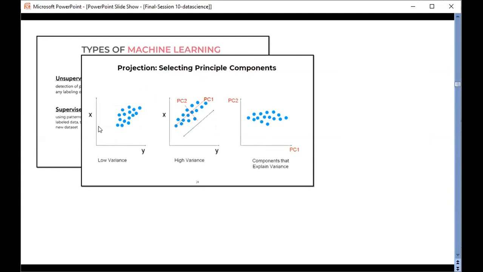PC1 is usually the biggest component, the most important one, and PC2 is usually a bit smaller, and then they go less and less. Yes. So PC1 explains the maximum variance of the data, followed by the other components.